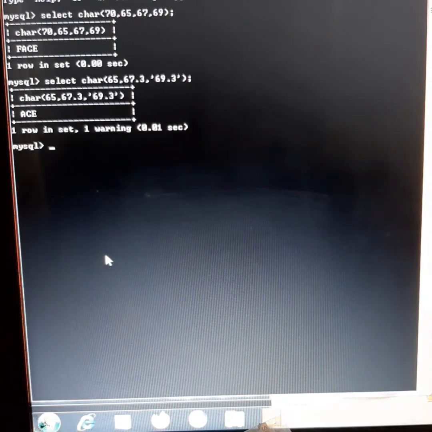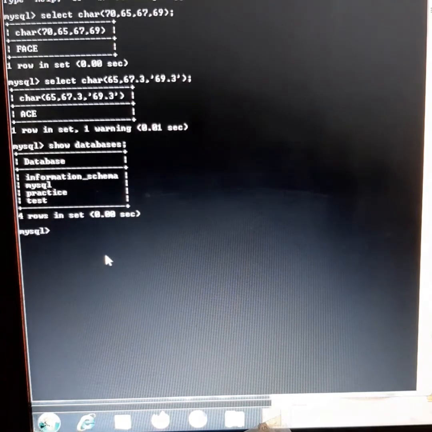So let me use a database which I have. First, let's see which databases I have on my system. Show databases. So use practice, I'm going to open. And I don't think I have got any tables in it.